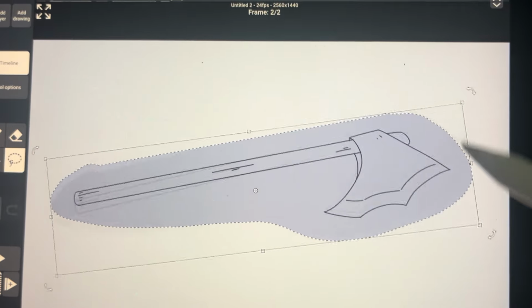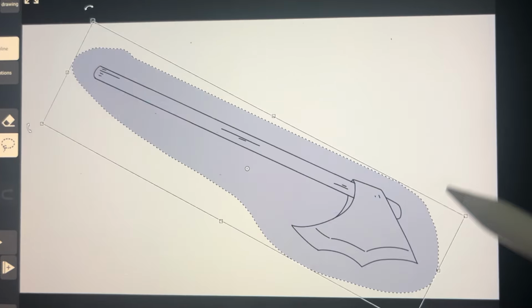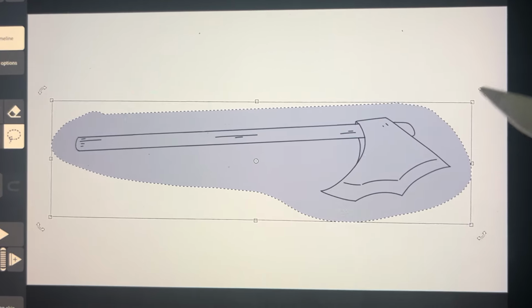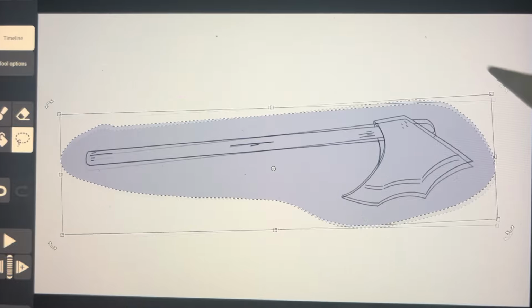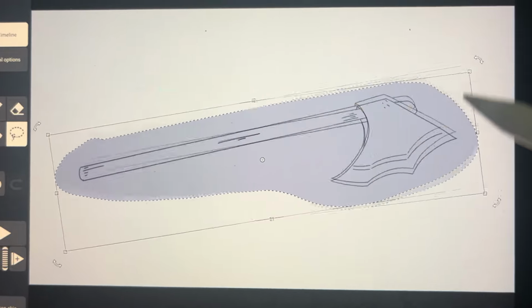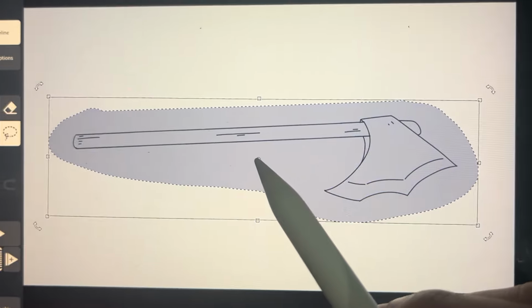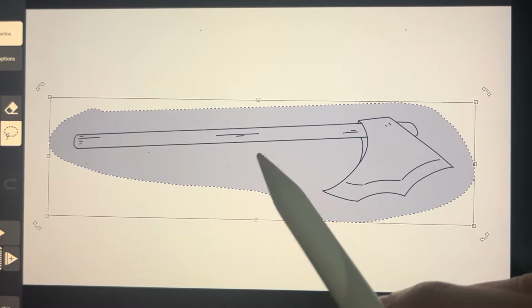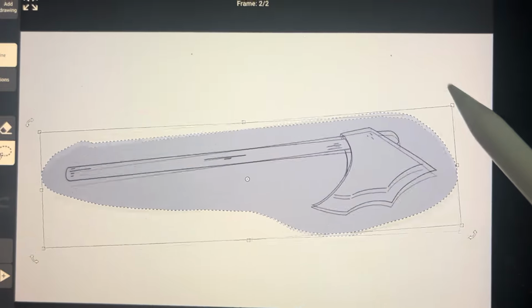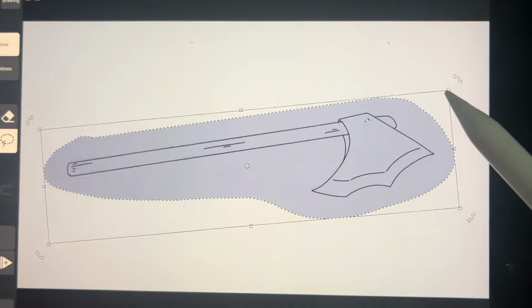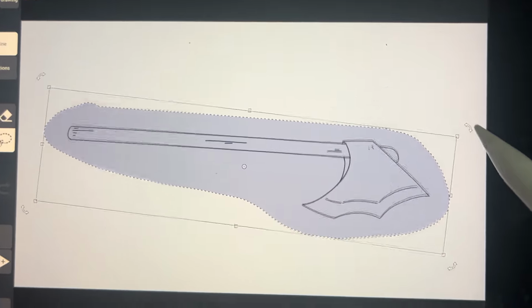You can rotate it like this. But for those who do not know, you can change the pivot of this rotation. You can adjust this circle. This is the pivot, okay? That's why it rotates like this. It's because the pivot is at the center, okay?